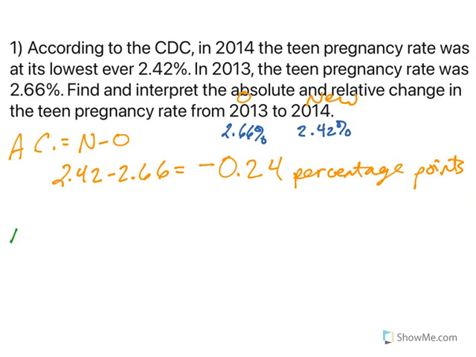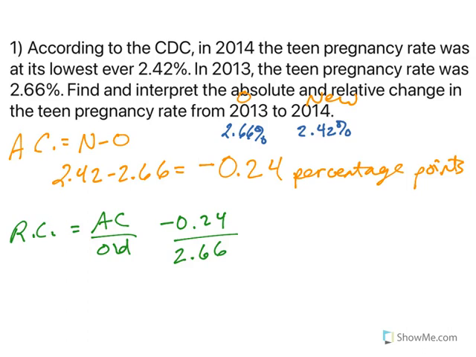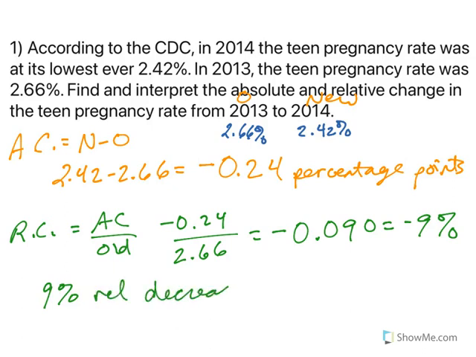Okay, now let's go on and talk about the relative change. Well, the relative change is the absolute change divided by the old value. So we're going to take our 0.24 percentage points and divide by our reference of 2.66. So this gives me a negative 0.090, or roughly negative 9%. So we would say there was a 9% relative decrease. And I say decrease because it's negative, right? It went down. So a relative decrease in teen pregnancy rates